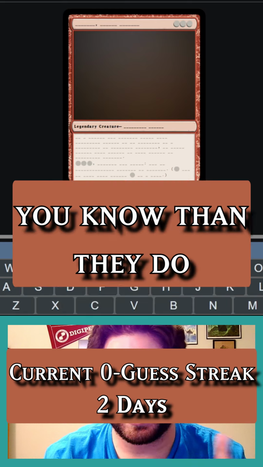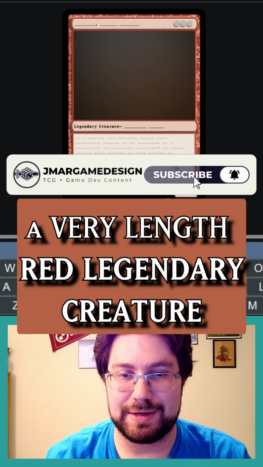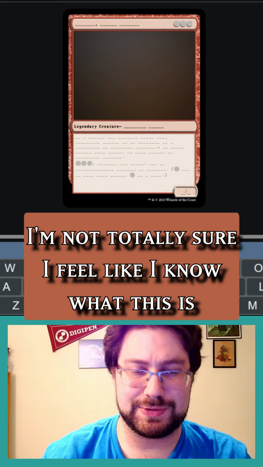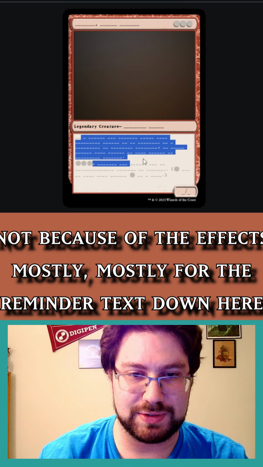how much more of a magic you know than they do. Tonight we have ourselves a very lengthy red legendary creature. I'm not totally sure. I feel like I know what this is, not because of the effects, mostly the reminder text